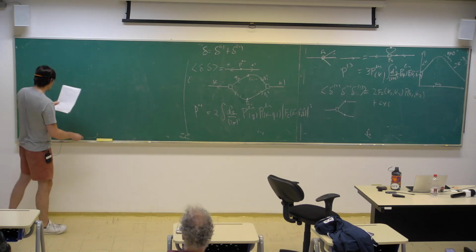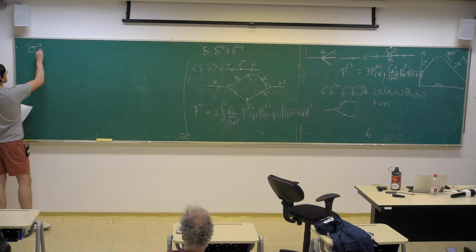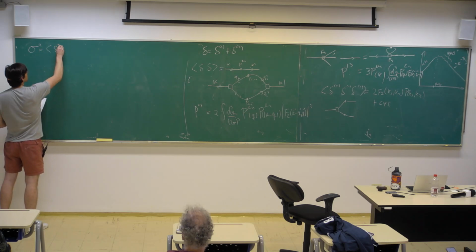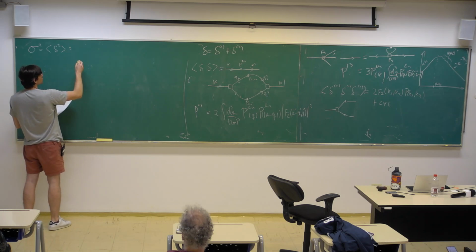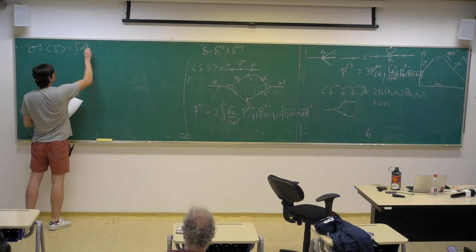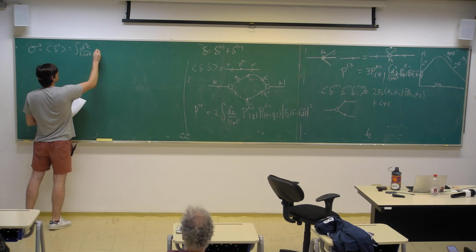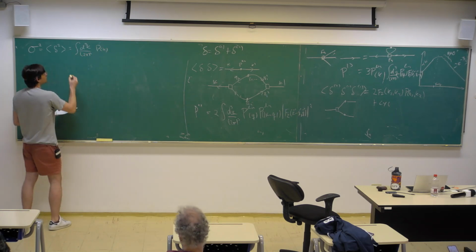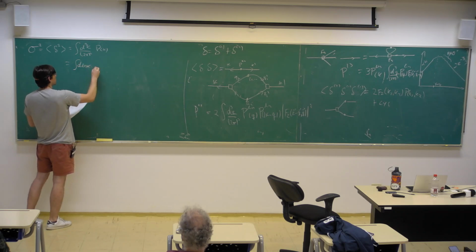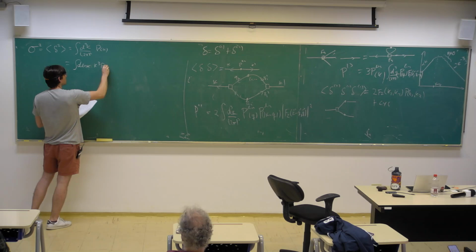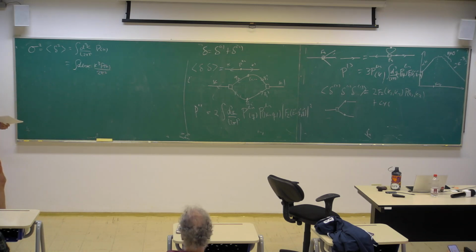So let's go back and compute this variance of the density field in real space, which is just this expectation value, which looks like this. And so if I do the angular integral, I get something that looks like the integral of d log k, k cubed P of k over 2 pi squared. That's linear P of k? Linear, yes.